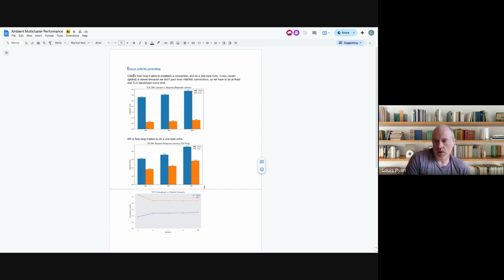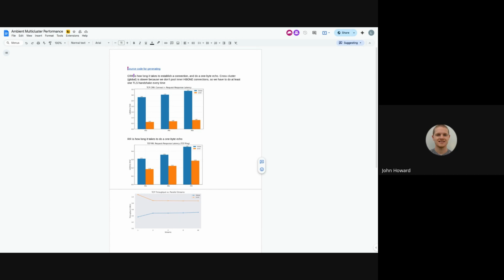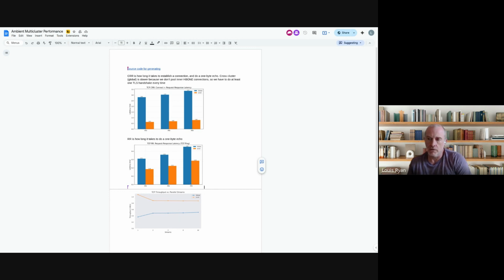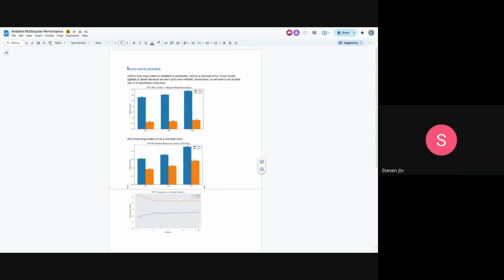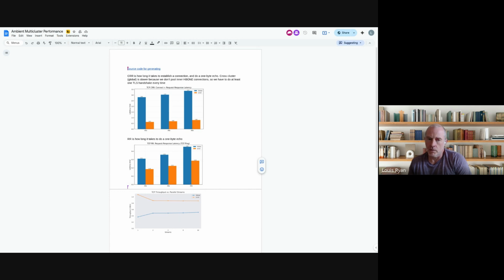I guess the question is, because most TCP connections are long-lived, either HTTP 1.1, gRPC, H2, database, there are actually very few short-lived TCP connections. So CRR is not a great measure of multi-cluster performance in general. It's not a realistic expectation. TCP RR is more that one, and same with the throughput, right? We do expect a throughput difference between single H-bone and double H-bone. I don't know if we expect it to be 30%.